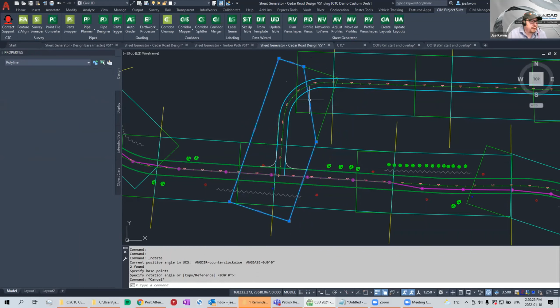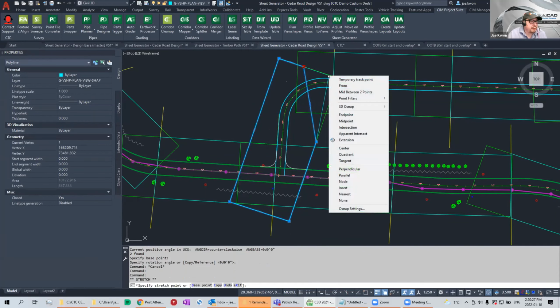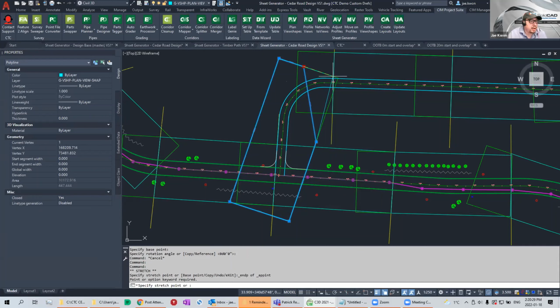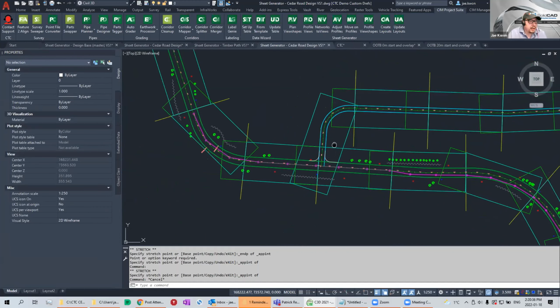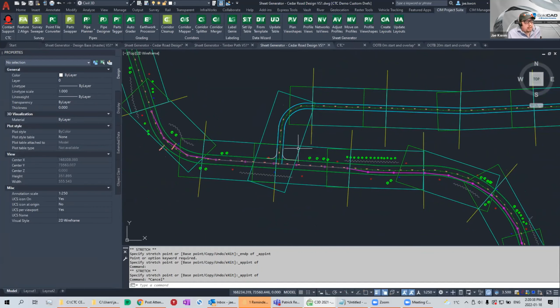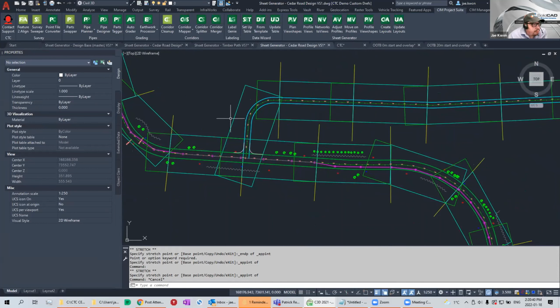I can just simply rotate that view and reshape my polyline just to adjust what is being shown here. So that's all you do. Okay. So now,